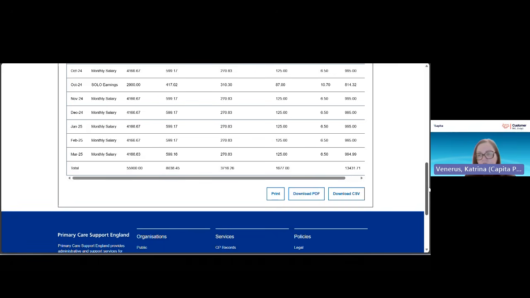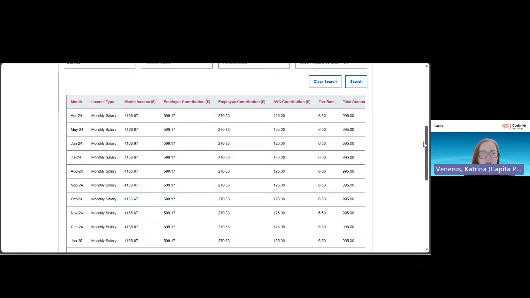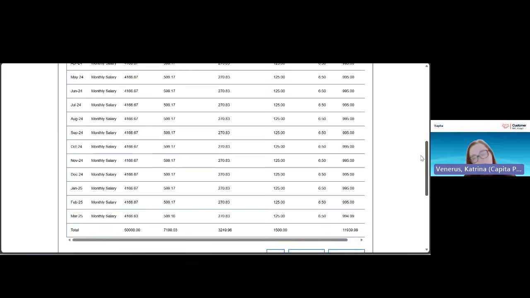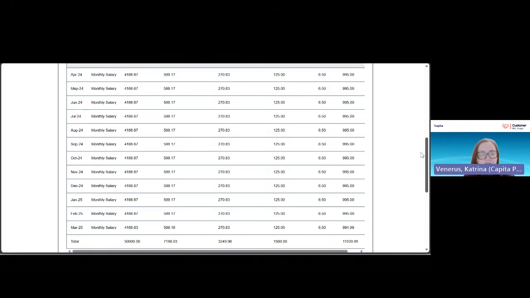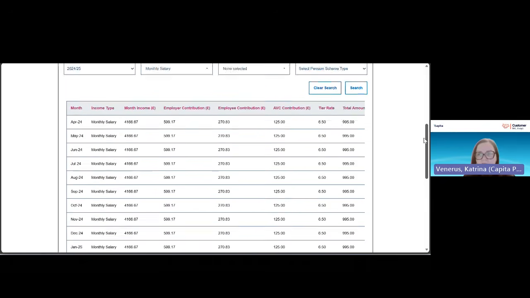But you can also filter it on the type of income here from the top of the screen. So if we just click monthly salary here and then click search again, then we can see that it just filters down to all of our monthly salary contributions, and we can look specifically at that role if we want to go through all of our roles separately when we're preparing to complete the Type 2 form. The other thing